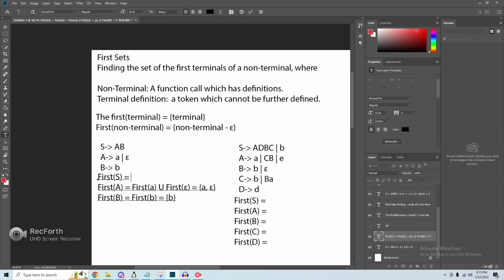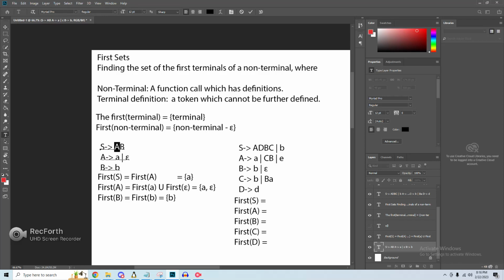Moving on to the first of S, we have the first of a non-terminal, and according to our definition up here, we would have the non-terminal minus epsilon as our return type. So if we're finding the first of A, we'll notice we're finding the first of a non-terminal. If we begin to build our set on the side here, our first of A would return the set of the non-terminal minus epsilon. So in this case, we would just have A being passed in, and A would almost be completed. But because our non-terminal can derive epsilon, we would also have to find the first of the next character. Because in our original grammar, where S is our starting grammar, if this non-terminal A can derive epsilon, it's